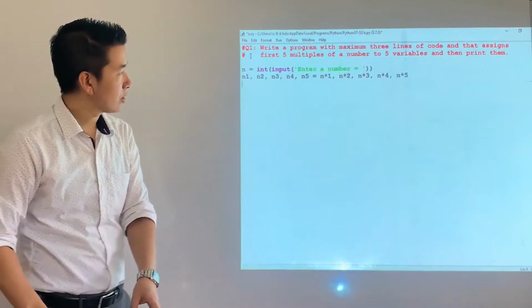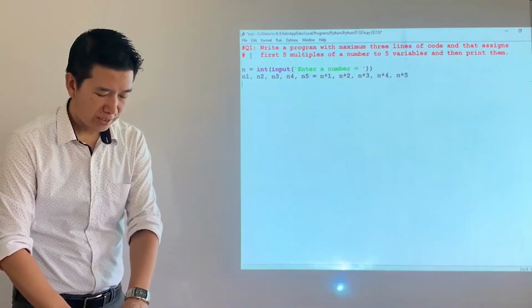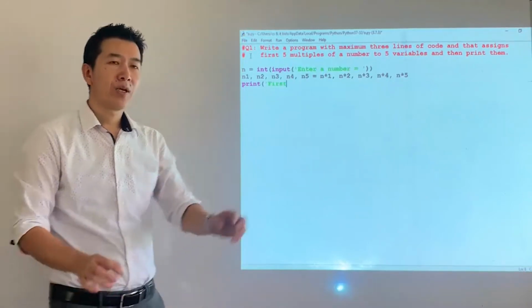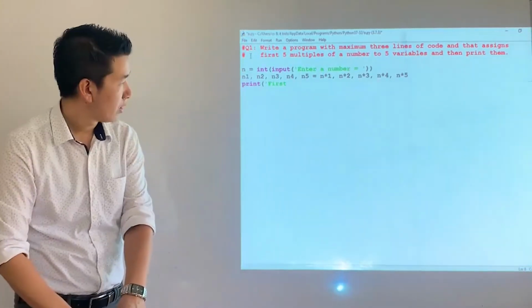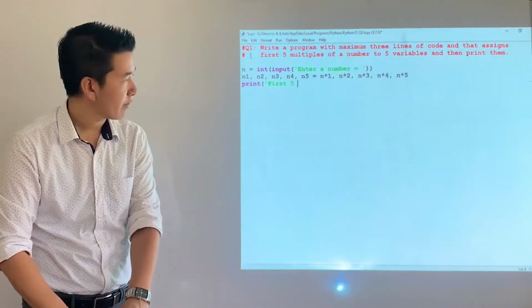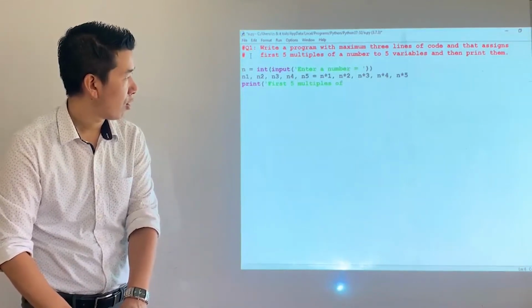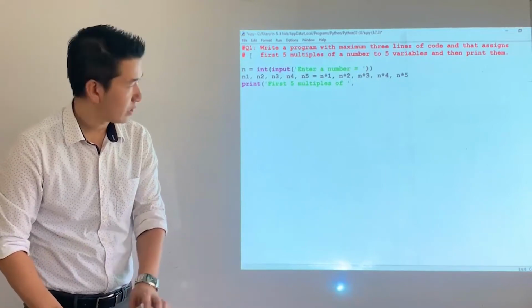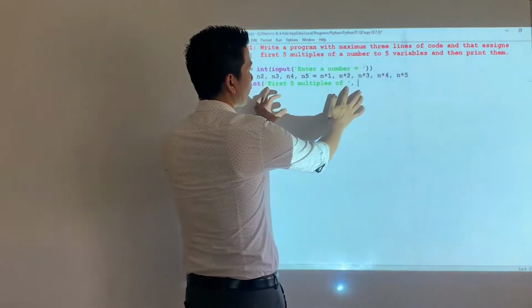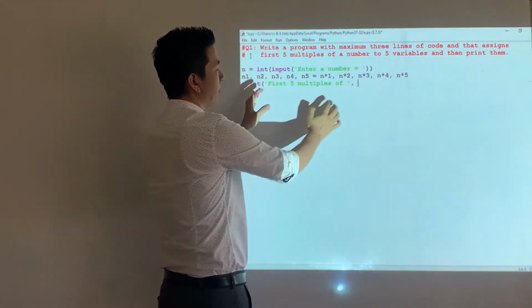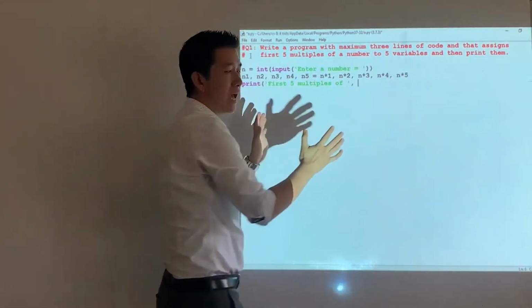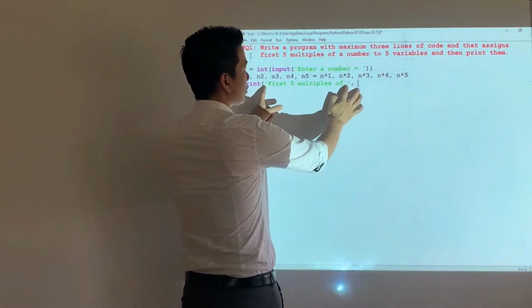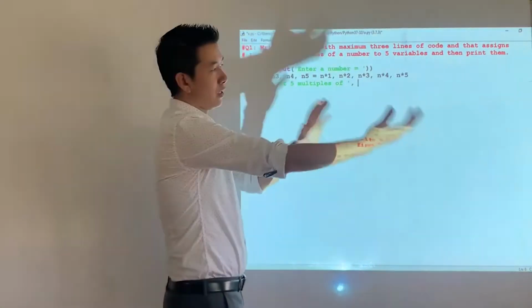And then the third statement will be print. Perhaps you could make the output a little more interactive. The first 5 multiples of a number of, look at this. Now this is a string value, all right? So the print statement will print the string value as it is. Since this is enclosed in a pair of single quotes, this will be part of the output,